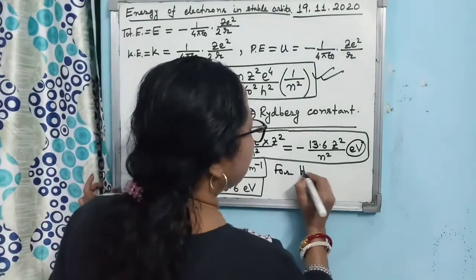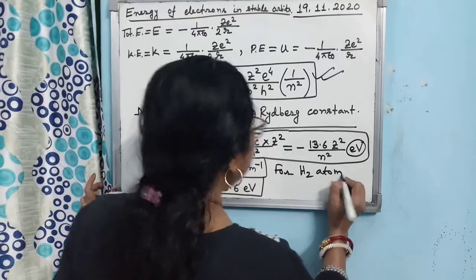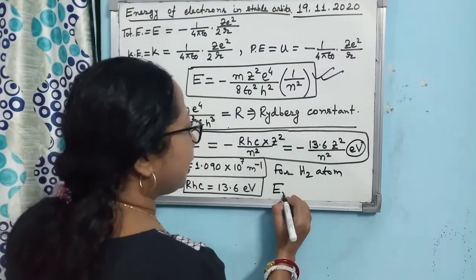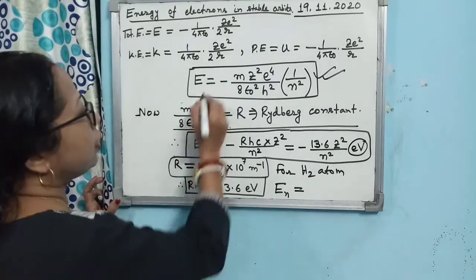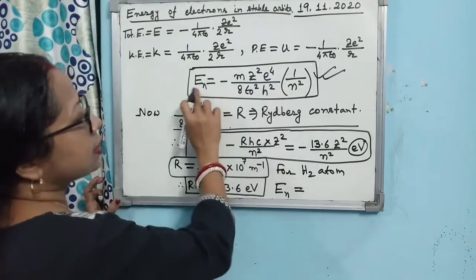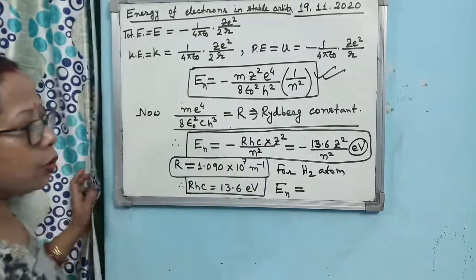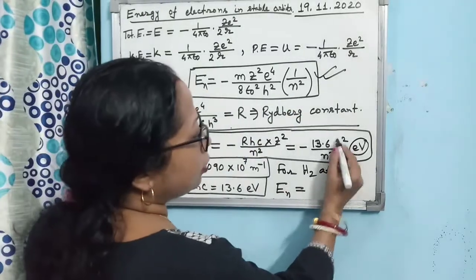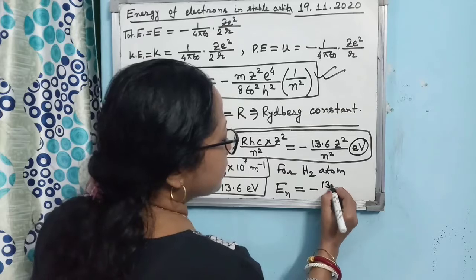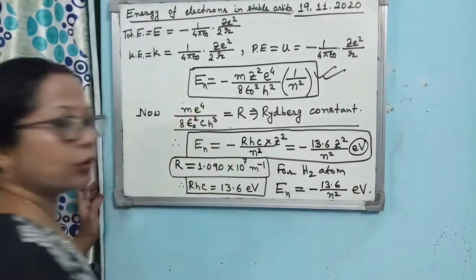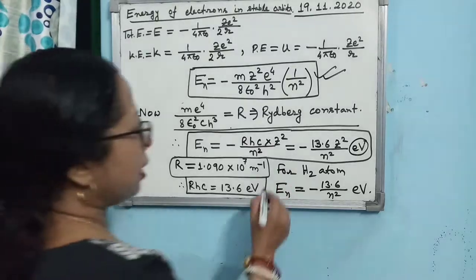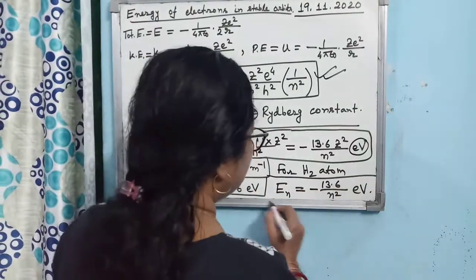So for hydrogen atom, energy of the nth level, because this is the nth energy level, Z is 1, so it is minus 13.6 by n square electron volt. You must remember it, because a conceptual question you may get